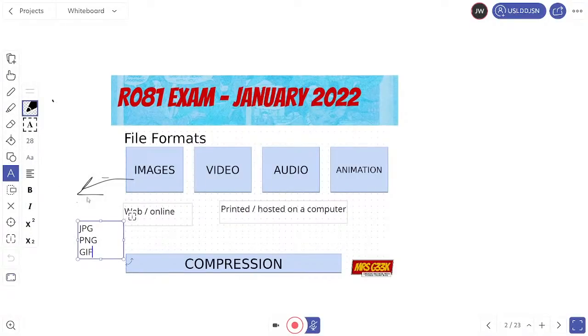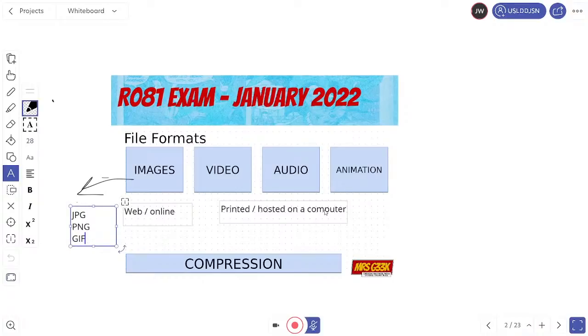And these are typically the three you'll be looking at if you're looking at online images or ones for the web. How you would use them depends on what you need. Like I say, JPEG, 9 times out of 10, will be the one you'll use for your online images. If you've got a logo, maybe PNG. If you want some animation or a transparent background, you might choose GIF. But again, with GIF, the limitation is the colours.